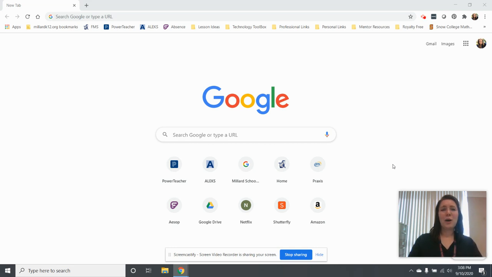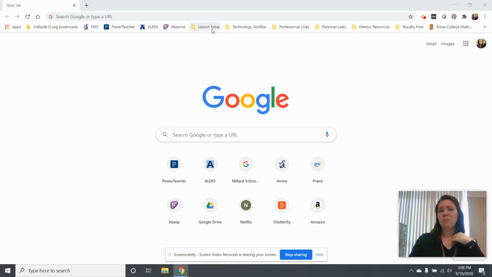I just want to show you how I keep all of my technology websites organized. I do it all in my bookmarks, and you can see up on the top of my bookmarks bar, the way I personally have chosen to do it is I have the most important ones here, like where I'm grading, and then for math we use Alex. Those are my very most important ones here, but then I've created a bunch of folders based on what I